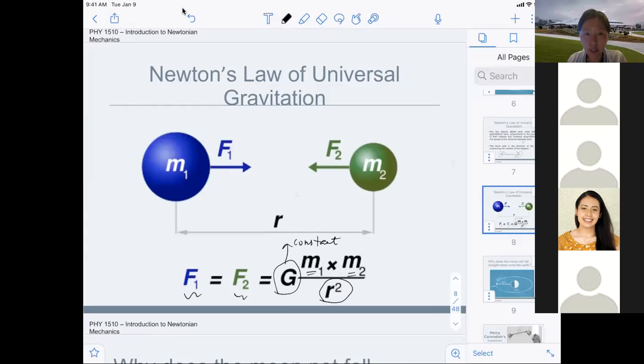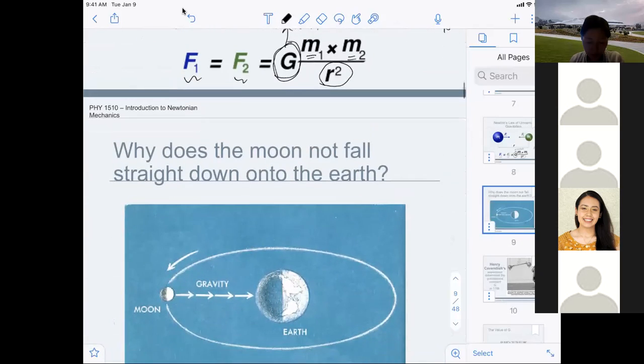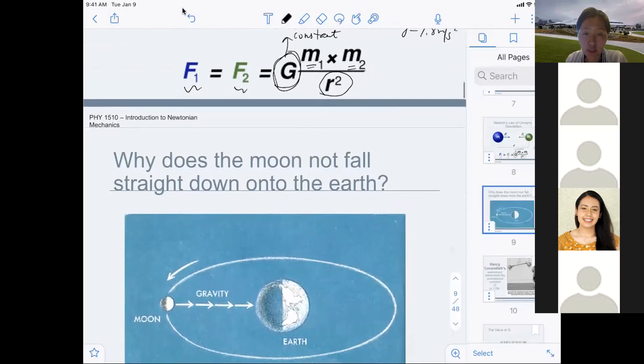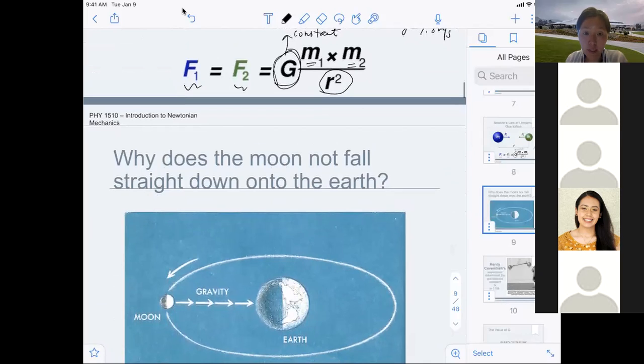We have little g, right? We were saying the gravitational acceleration on Earth, that is little g, is measured to be 9.8 meters per second squared on Earth on average. And this is the universal G. And people also measured the universal G by doing a lot of experiments. We will be able to take a look at G later, and it's a very small number. Okay,